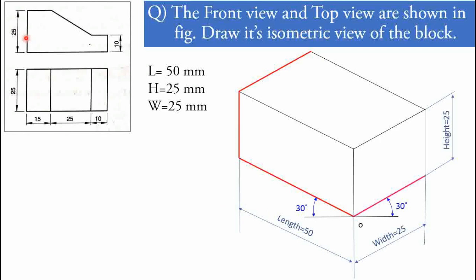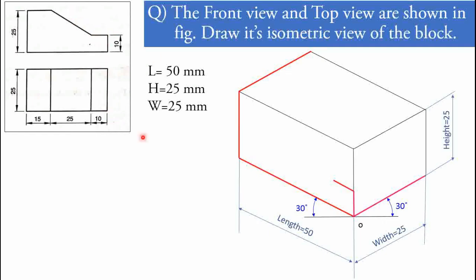Now this 25 mm height is on the left side. Then the width is 25 mm again, on the right side inclination line. Next step, from the right side of the bottom line of the front view, the 10 mm height is there. So I will represent the 10 mm height here, vertically from the origin point. Then after the 10 mm there is a horizontal line of 10 mm length, which is horizontal in the front view, but here we have to represent it parallel to this left side 30-degree inclination line. That is the line of 10 mm, which is this one.